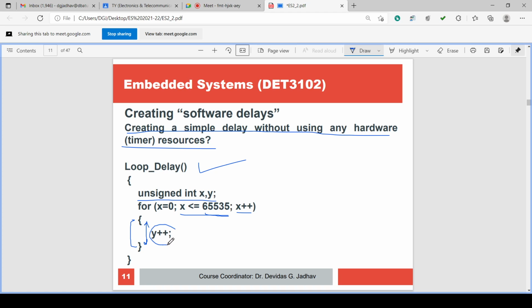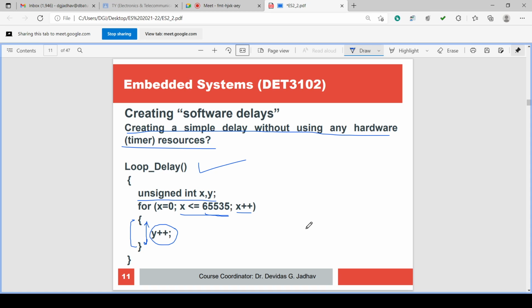So here y is incremented. Y equal to y plus 1. Y plus plus is nothing but y equal to y plus 1. X plus plus is nothing but x equal to x plus 1. Previous value of x is added with 1 and it is stored as the new value in x. Again next, that becomes previous. So suppose x is 1, previous value is 1, added with 1 it becomes 2. Now 2 is stored. In the next loop 2 is the previous, now 2 is added with 1, new value 3 is stored in x. In this way, increment x.